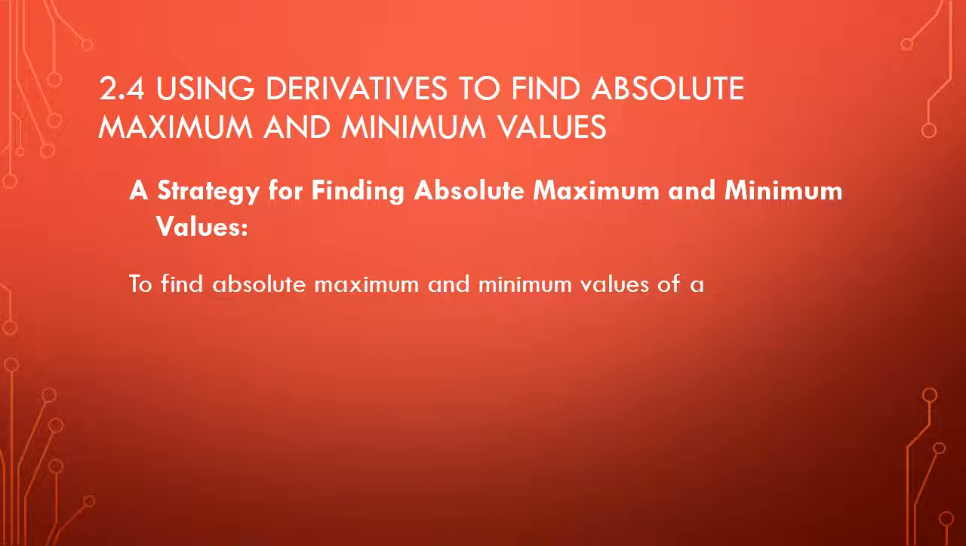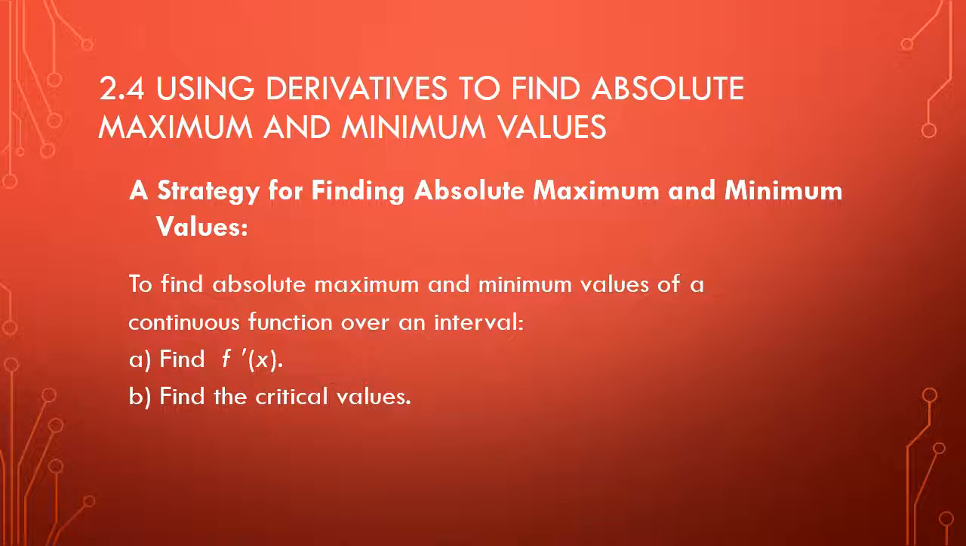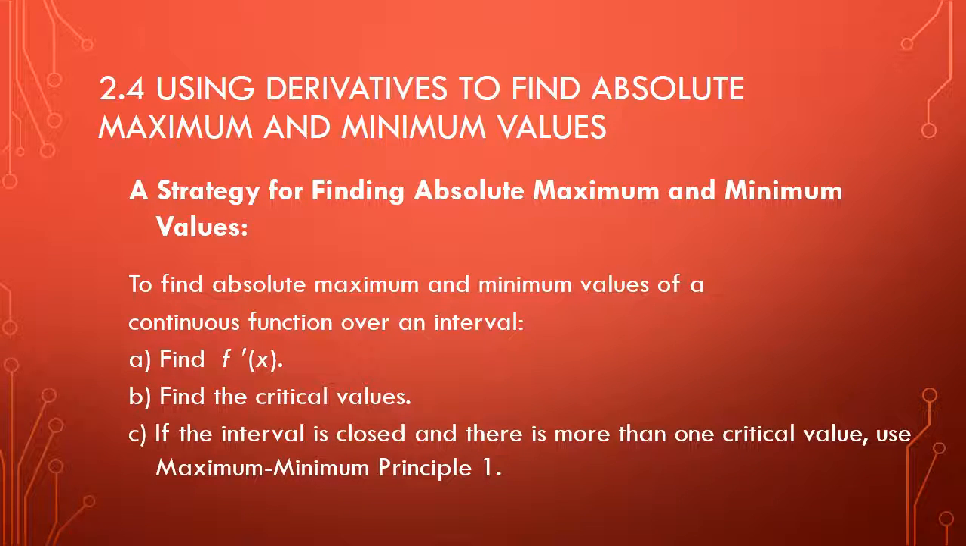Okay, so now we're going to talk about a strategy, or kind of put this all together to find the absolute maximums and minimums of a continuous function over an interval. First of all, find the first derivative. Find the critical values. If the interval is closed and there's more than one critical value, use the maximum minimum